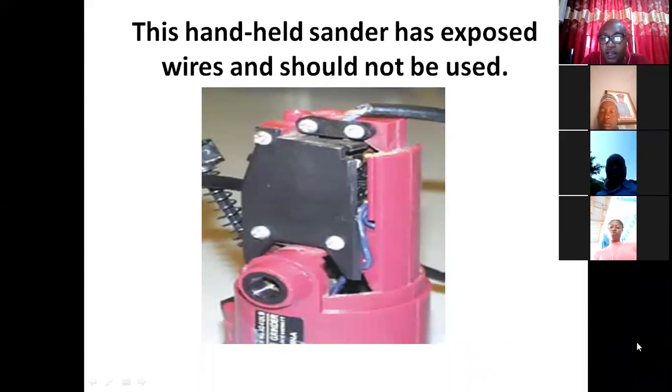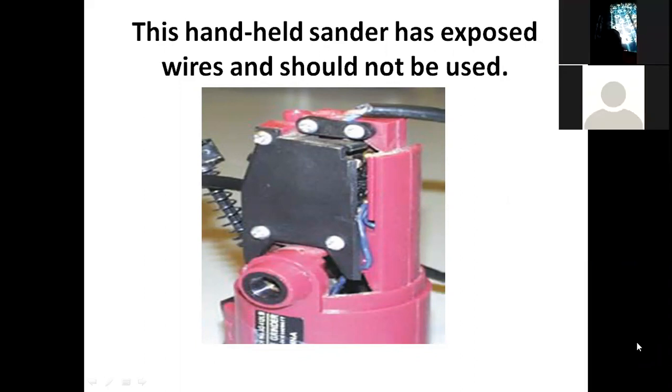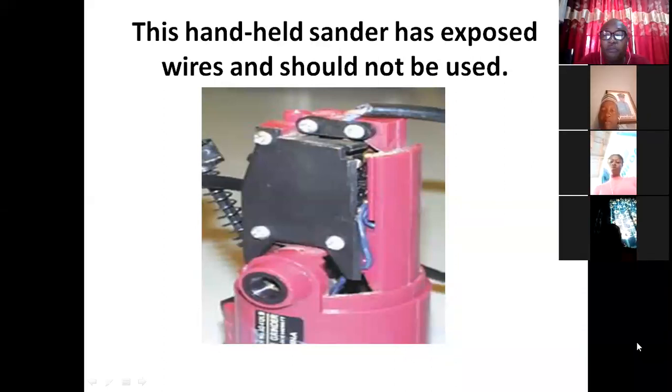This handheld tool has exposed wire and should not be used. Who can show me where the wire is exposed? Who can tell us where the wire is exposed? At the top. This is it. You can see at the top. Yes, sir. You can see that the wire is exposed at the top. But if somebody wants to use this equipment and does not check that place very well, what will happen? It will cause an electrical shock. Yes, it will cause an electrical shock and lead to